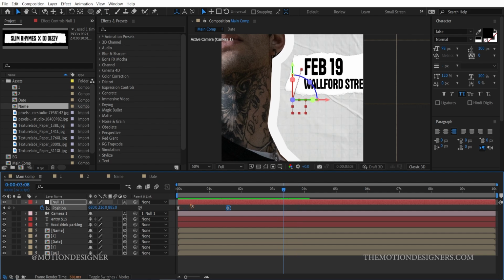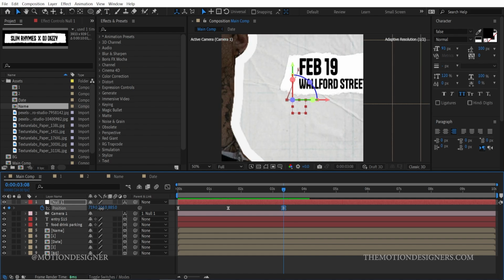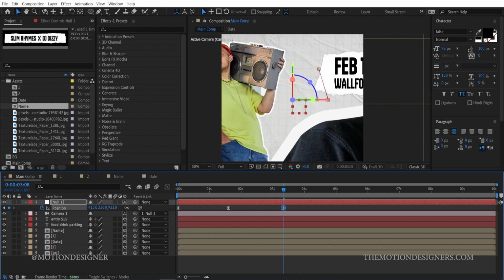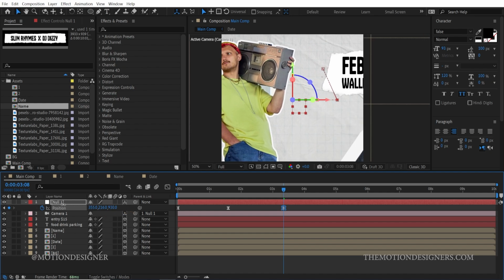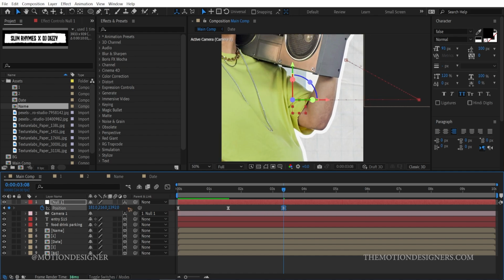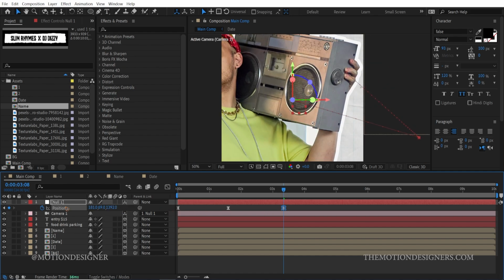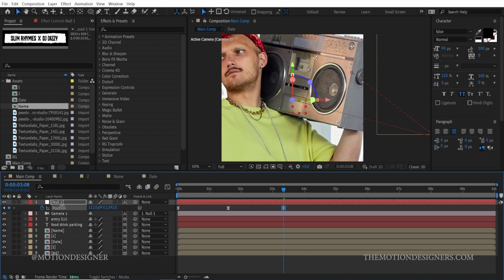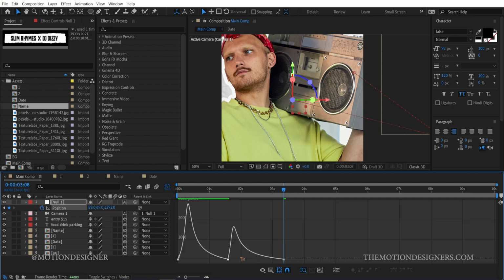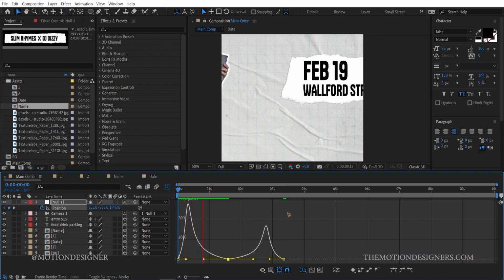I'm gonna go to the left side here and maybe go focus on this speaker somewhere here, something like this. If we go and select all these keyframes, go to the graph editor, and you're gonna change the graph to something like this. Okay, if I play it back,